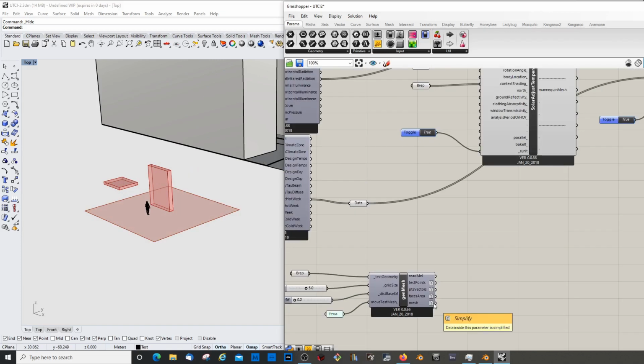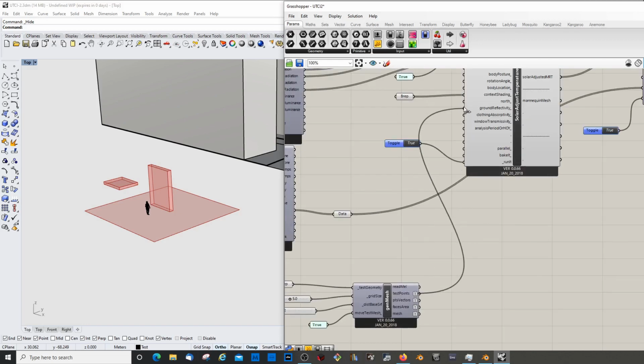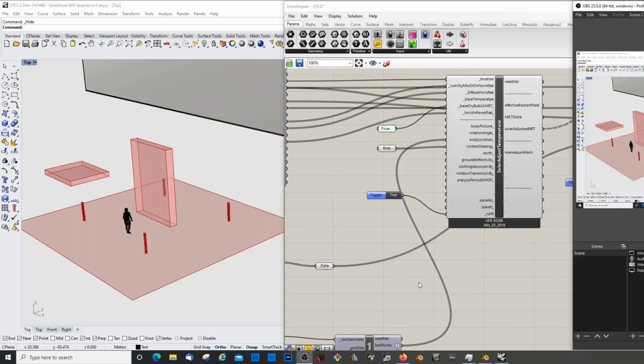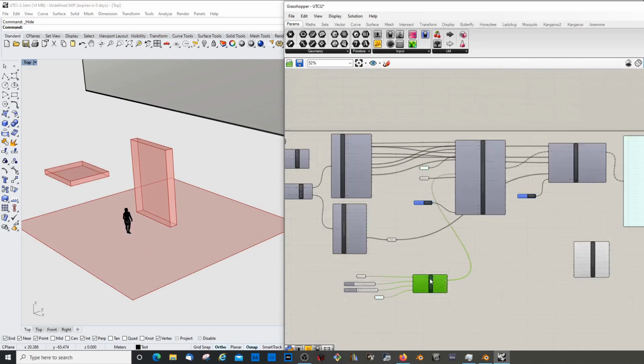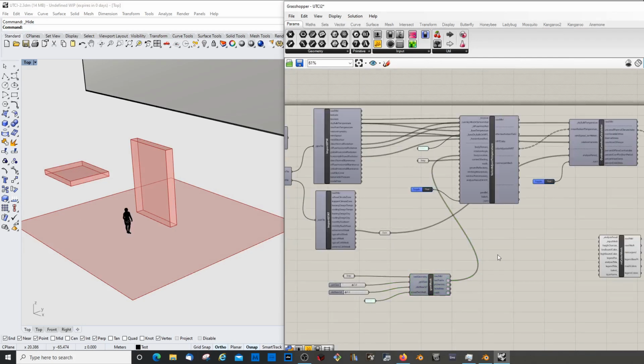And now we can put our test points into here. But basically, this is the body location. Test points is body location. We don't need to see this. Okay, looks good so far. Of course, no, we cannot see anything yet. But